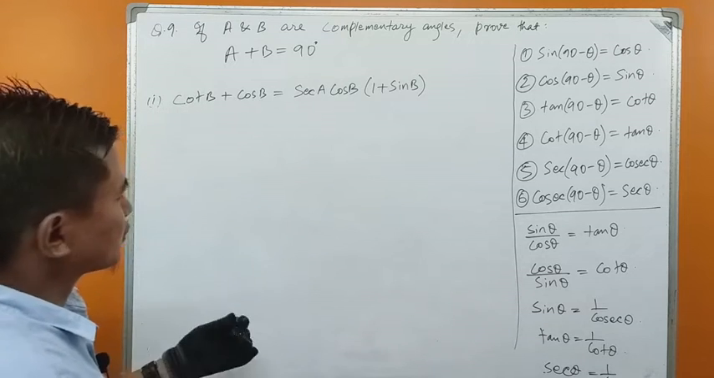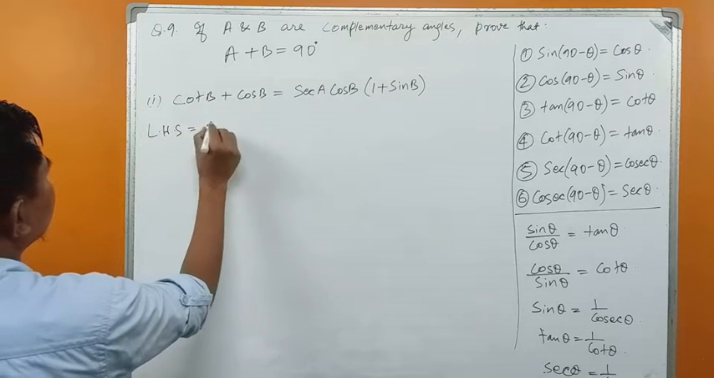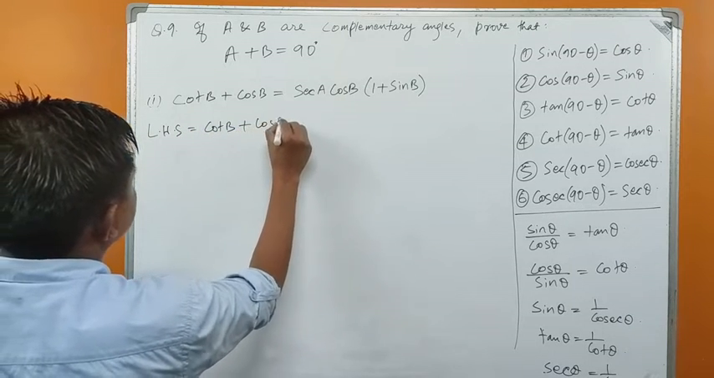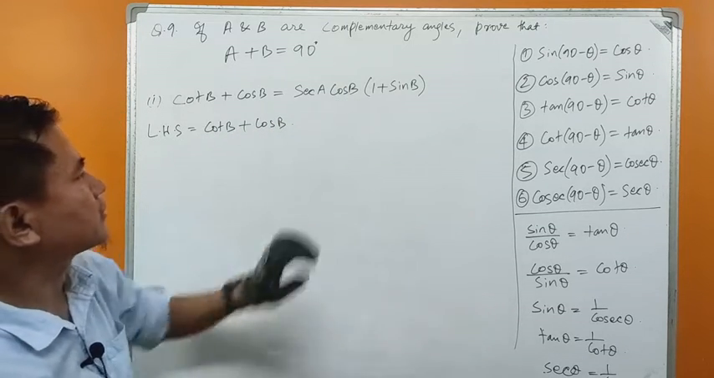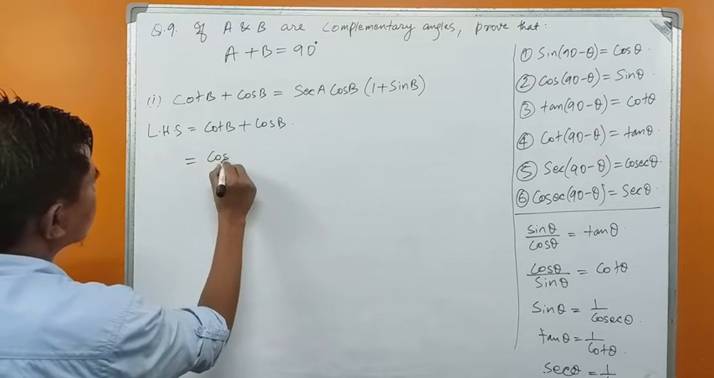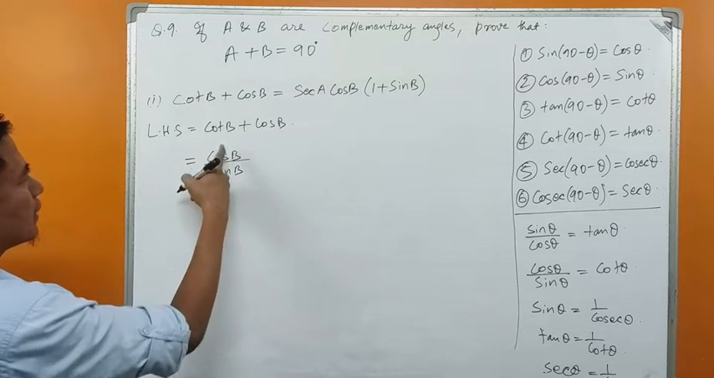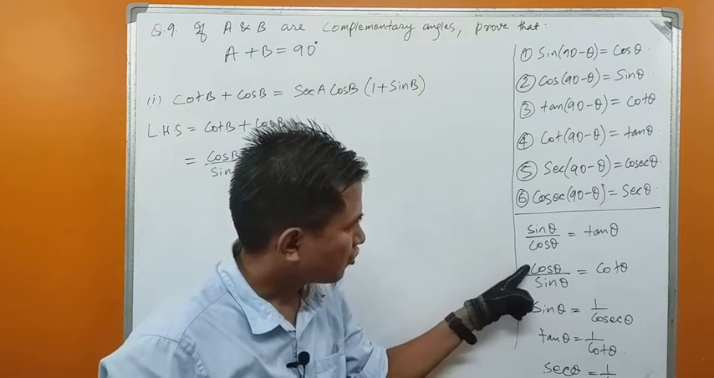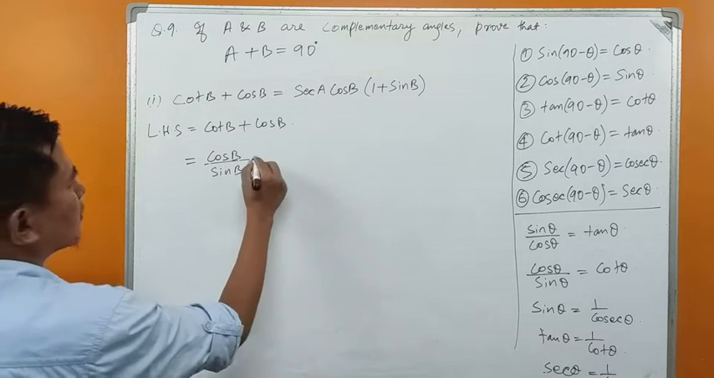Okay, so let's do this question. In the left hand side we have cot b plus cos b. So we are asked to use this and prove this equals to this, isn't it? So let's do this. Cot theta means cos theta by sin theta. So cot b means cos b by sin b, plus